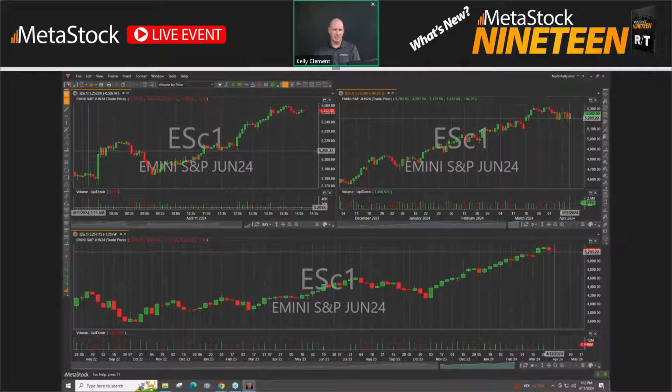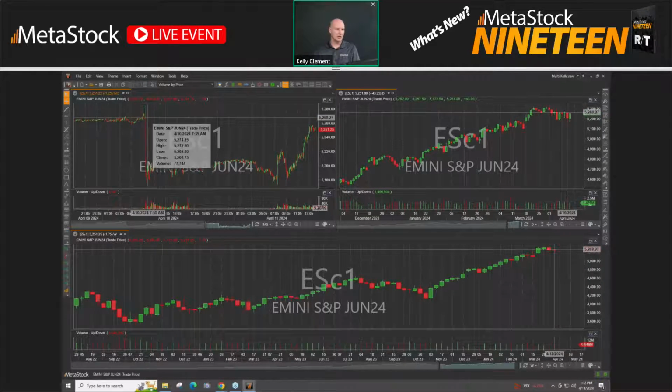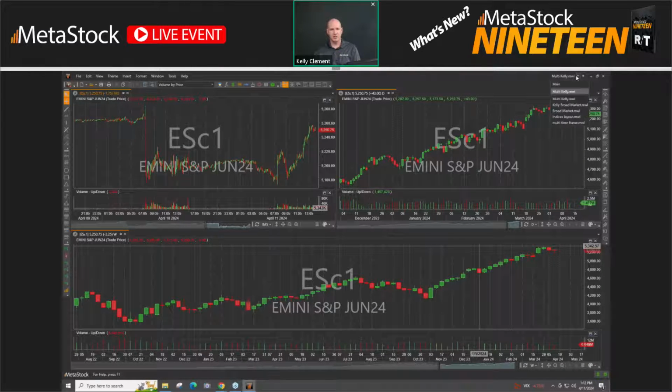As I go to a previous day, I might need to scroll back here to show you a previous day. So if I'm back on a previous day, you can see it goes to the previous day and shows exactly where my cursor is across all time frames. So if you're looking at multiple time frames and trying to match things up, it's going to do that for you and show you that alignment across multiple time frames. Now that doesn't have to be limited to multiple time frames. So if I were to go over to